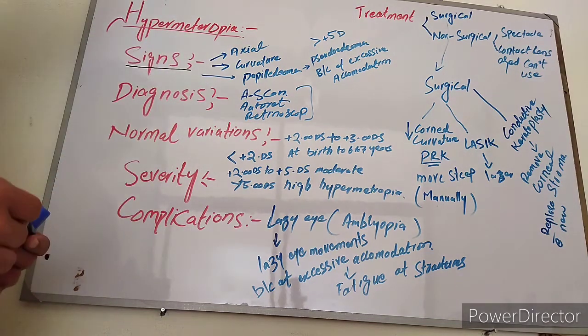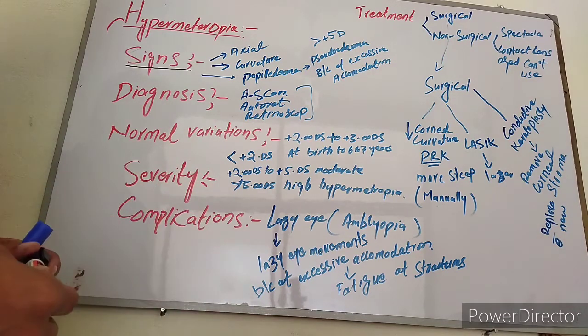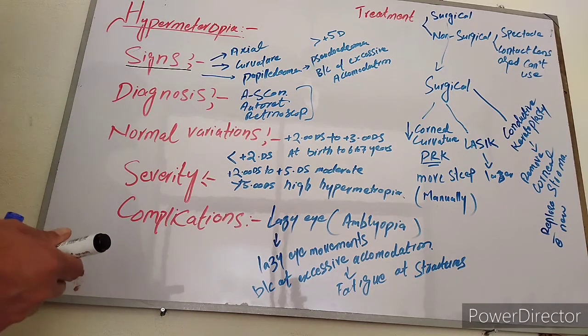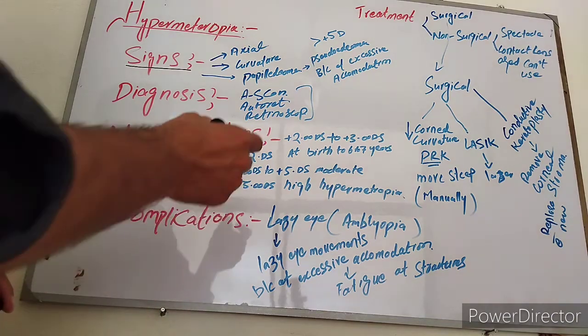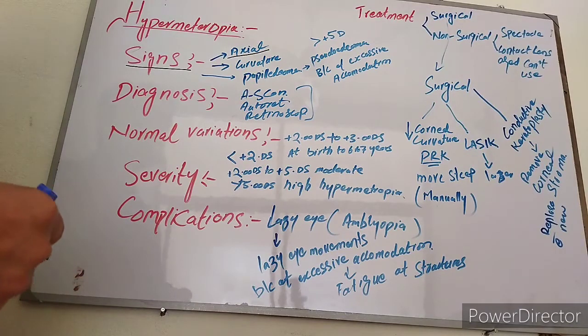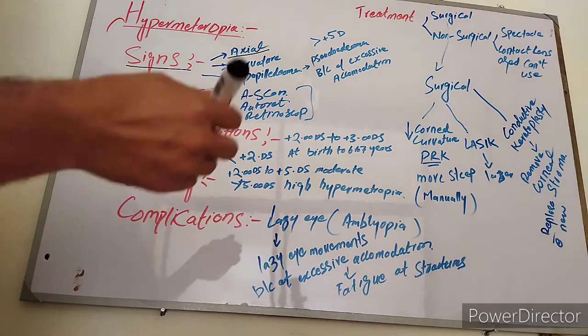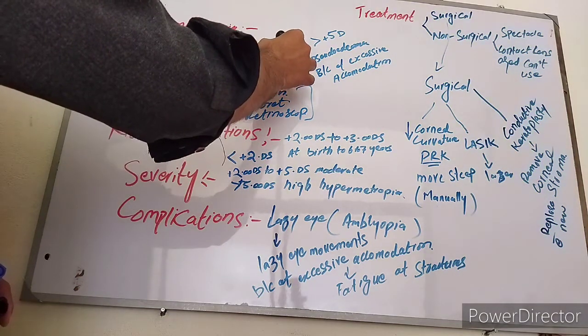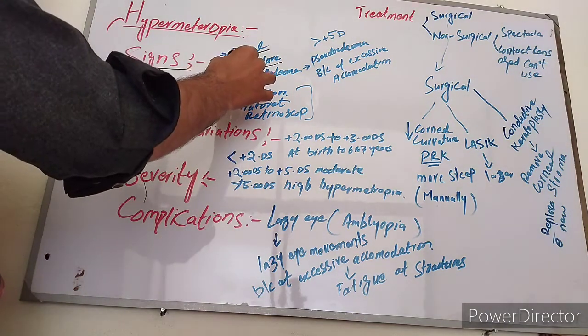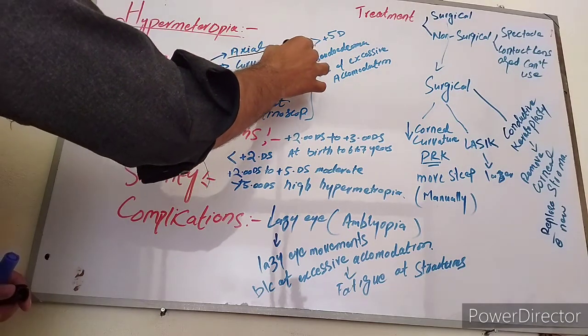First of all, the patient comes to us with decreased vision. The patient complains of blurry vision at near. When we see that axial length is decreased, then this will be axial hypermetropia. If the curvature of the cornea is changed, then this is curvatural hypermetropia. One thing that is necessary to explain is papilledema.